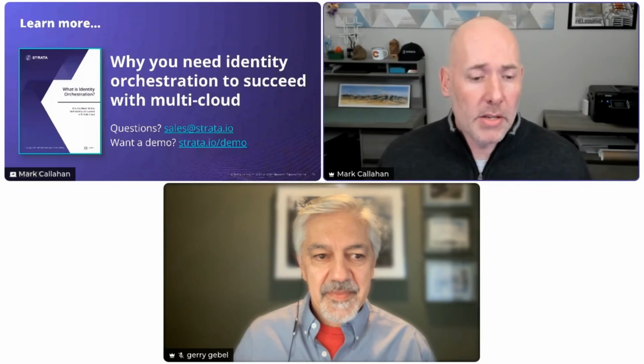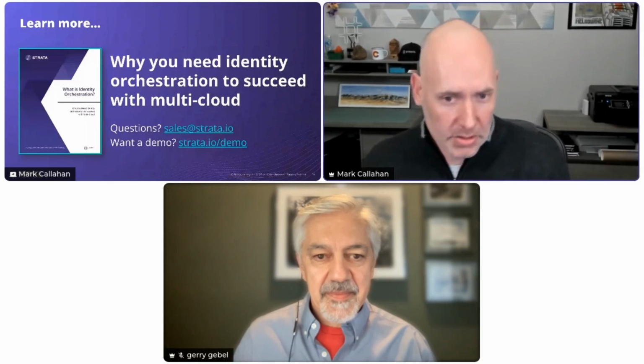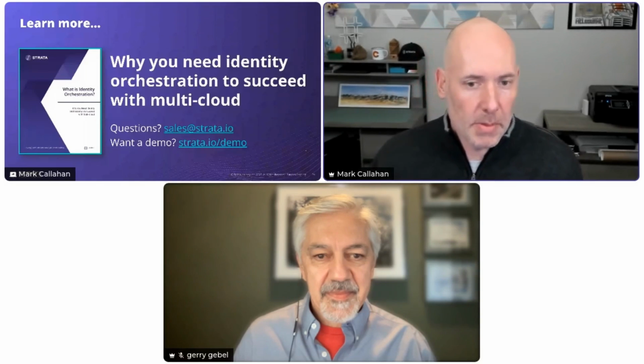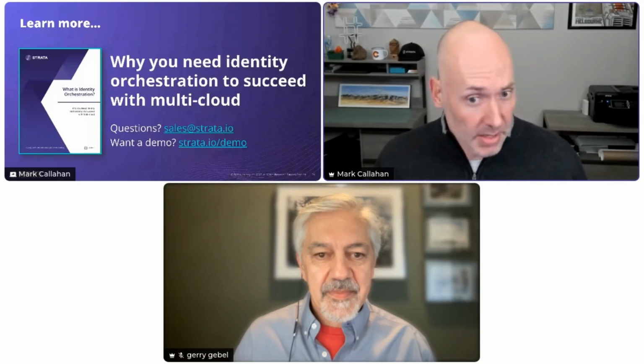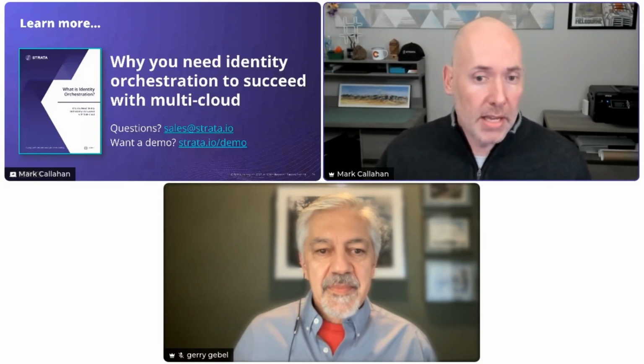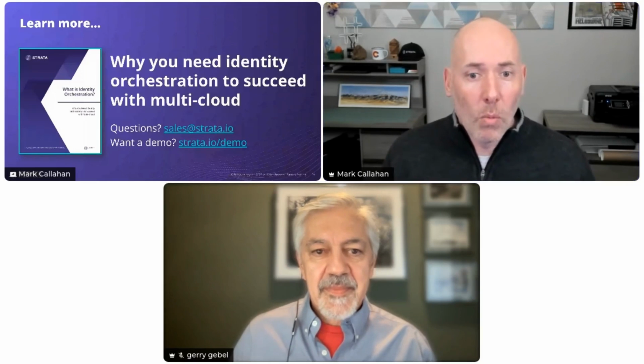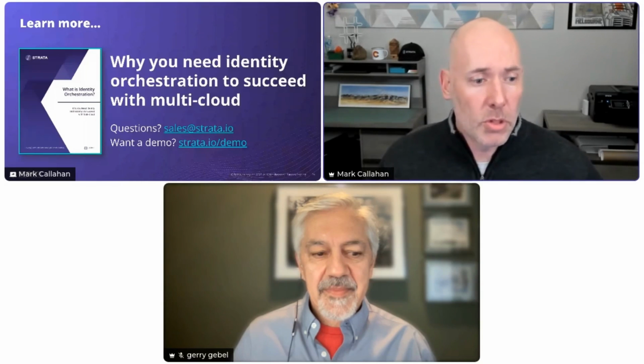And one last bit of information, a final resource that we'll share with everybody: we mentioned identity orchestration several times in this, especially as we were talking about the commercial way that Maverics can be used to extend AVP to existing apps, and then also to extend those policies to other clouds. We'll be sharing a report about why identity orchestration plays such a key role in people's multi-cloud strategies and multi-service strategies. So shortly after this webinar, we'll send everyone an email with that.